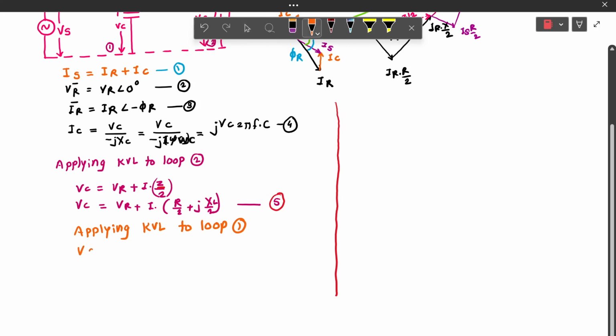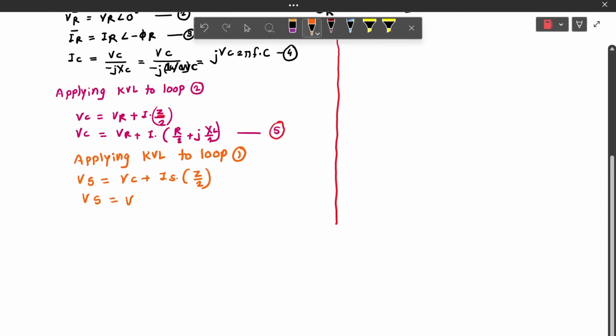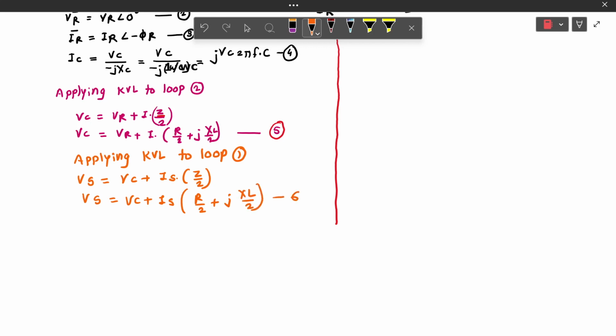is equal to Vc plus Is into Z by 2. Hence, Vs is equal to Vc plus Is into R by 2 plus jXL by 2. Equation number 6. This equation gives the value of Vs, as equations 1 and 2 give the value of Is